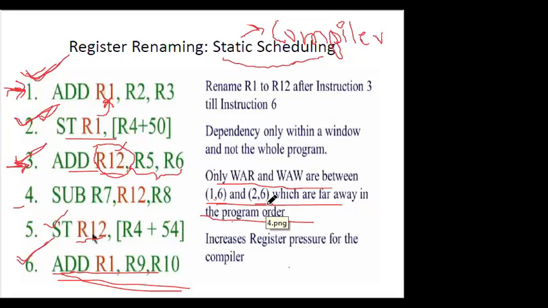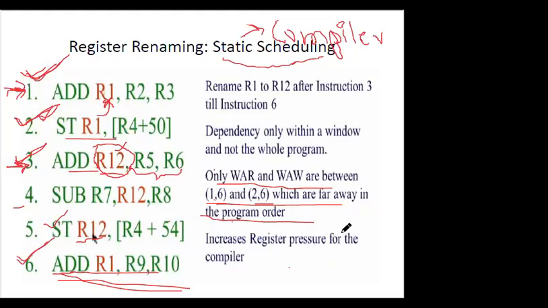But in the case of register renaming, as we have changed the name of the register sets, the dependencies were sorted out. So these are known as false dependencies, as they were just sorted out by renaming of the register.